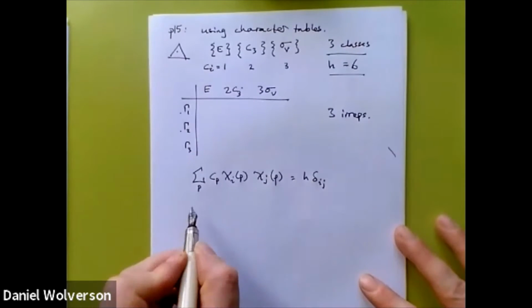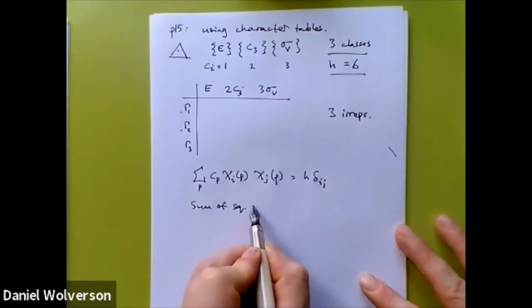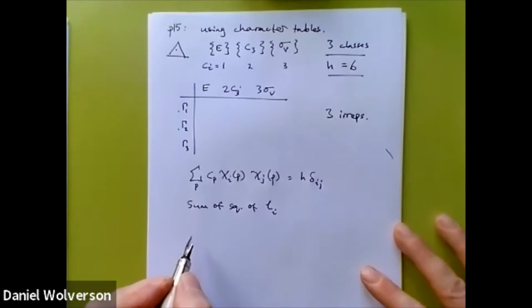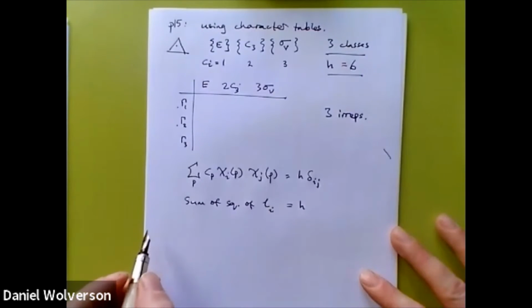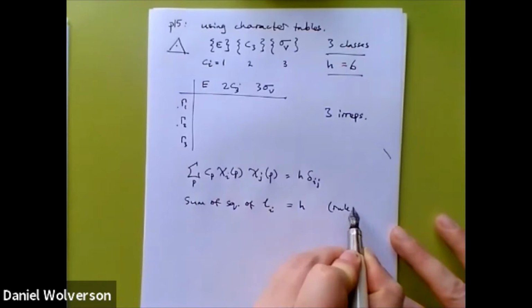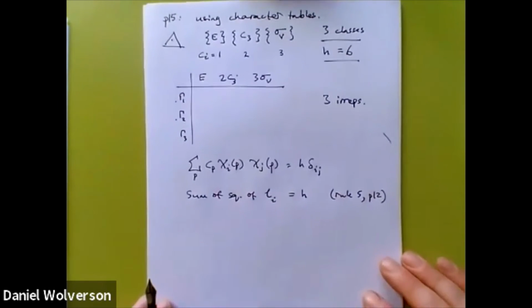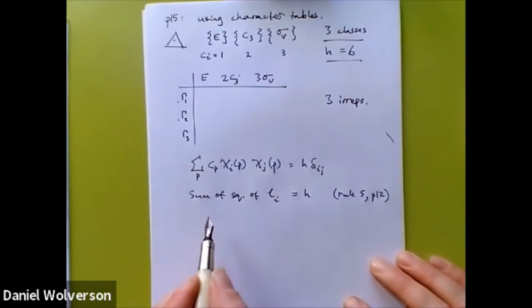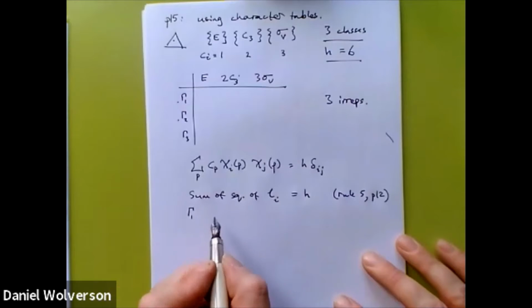So the sum of squares of dimensions of the irreps equals h. That was rule 5, page 12. Provable from the great orthogonality theorem, and if you want to see how, that's probably a textbook job. So this means that for gamma 1, we've got,